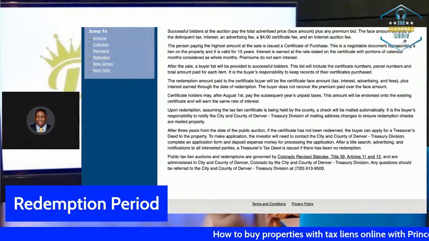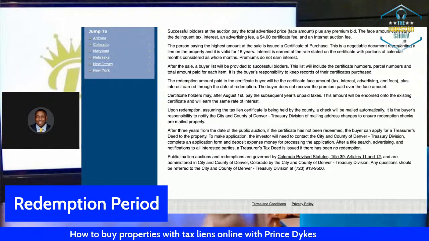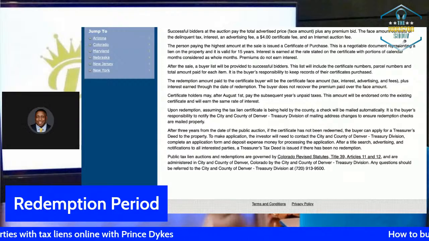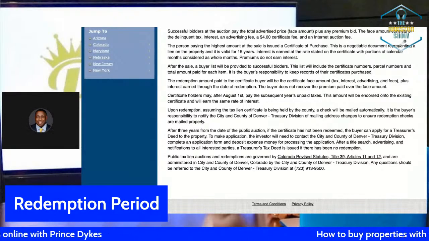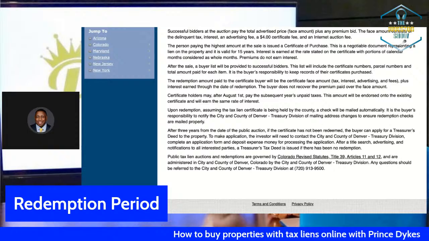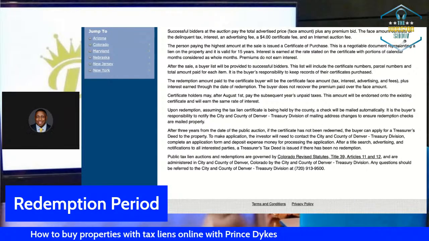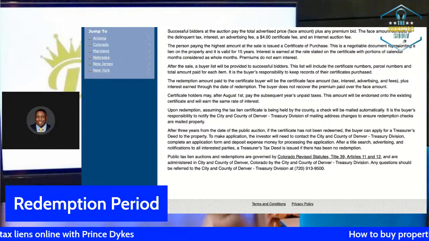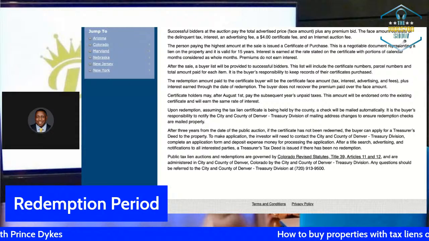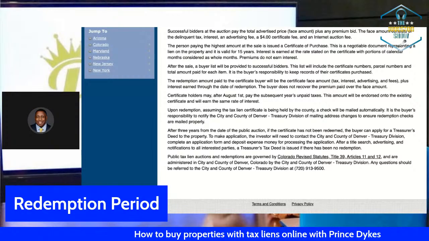property. So let's say, for a prime example, I went broke tomorrow, knock on wood, and I can't pay my property tax. So guess what? The government comes in and says, Prince, since you can't pay your property tax, we're going to put a tax lien on it. Somebody comes in and pays the tax lien. So now you own the tax lien, and let's say 1 year goes by, 2 years go by, you're holding that tax lien, you're accruing interest, but guess what? Nobody is coming in to redeem the property.